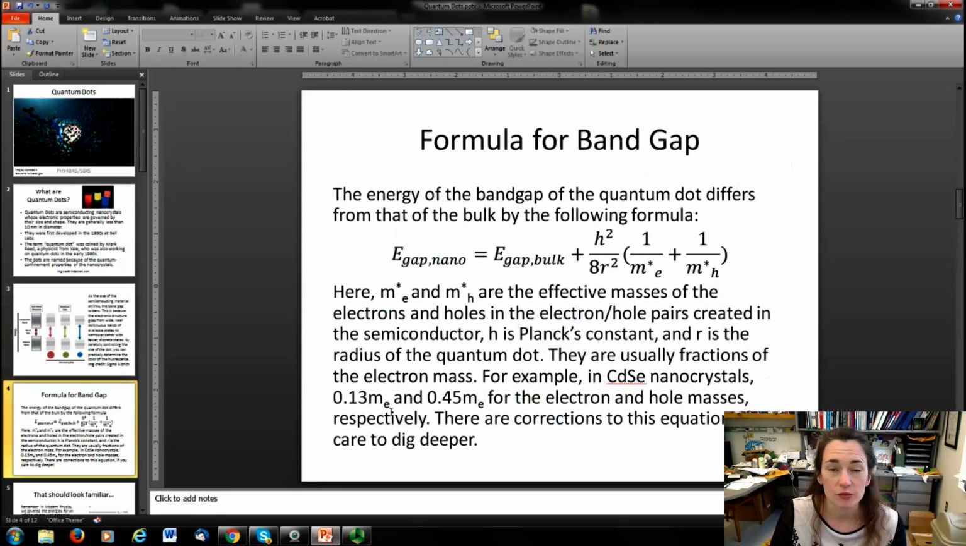Now, there's a formula for the band gap that's pretty easy to understand if you remember your introductory quantum mechanics. The energy of the band gap of the quantum dot differs from that of the bulk by the following formula. The band gap for the nano-sized particle, E gap nano labeled here, is equal to the energy gap for the bulk plus this additive constant. Now that constant is h squared over 8r squared, where h is Planck's constant and r is the radius of the particle, and then times 1 over the effective mass of the electron plus 1 over the effective mass of the hole